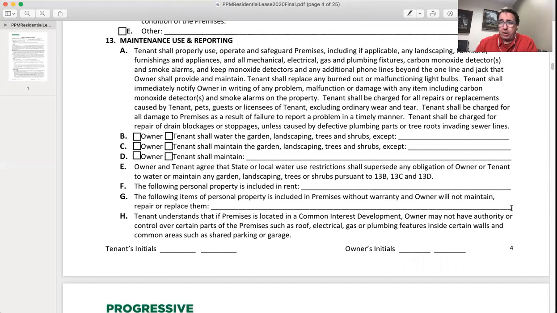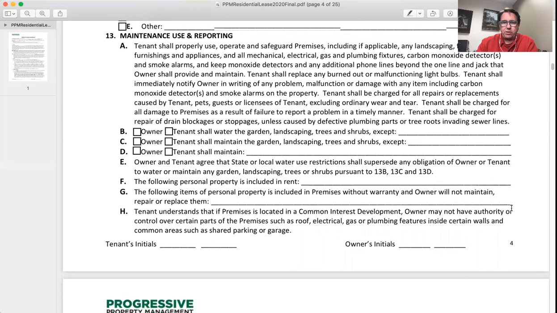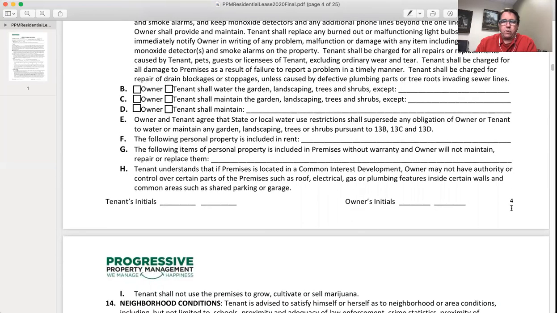You must water the property. If you do not water the property and the lawn dies, you could be held liable for having to replant. So make sure you water properly. Once again, typically the owner is going to maintain it, but you need to water it. We're currently in stage E. We're not in a water restriction. That would be an emergency drought measure, but if it happens, we'll let you know.